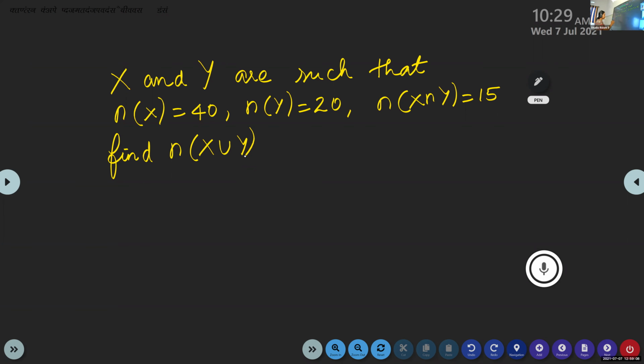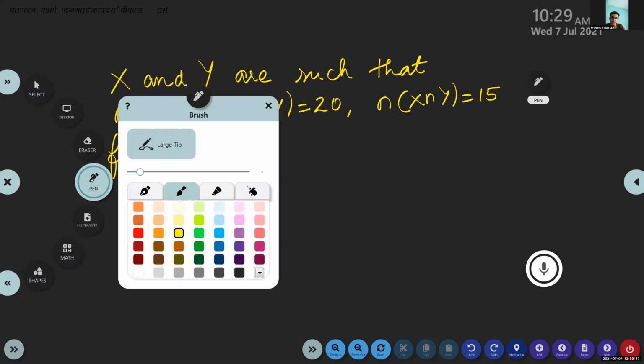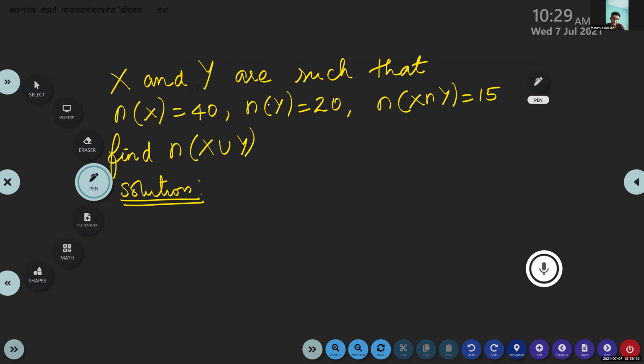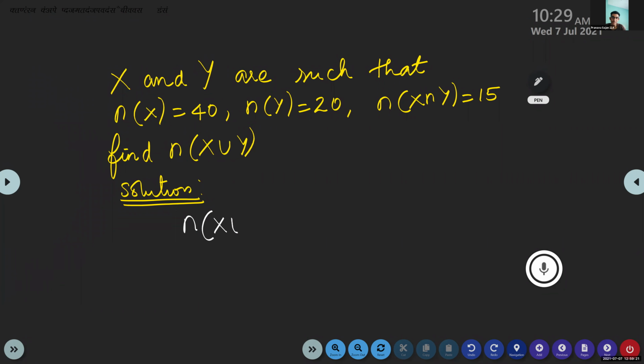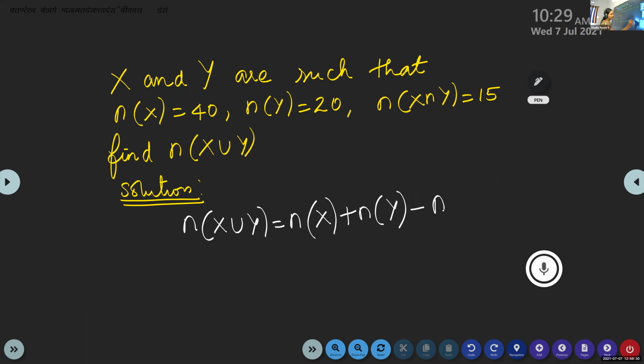Yes, what is the formula here, Pranav? Will you solve this? N of A union B is equal to N of A plus N of B minus N of A intersection B. Here, instead of A and B, the sets were named X and Y. So N of X union Y is N of X plus N of Y minus N of X intersection Y. Apply the values. Values are given. Direct formula application, isn't it? Apply this and give me the answer.